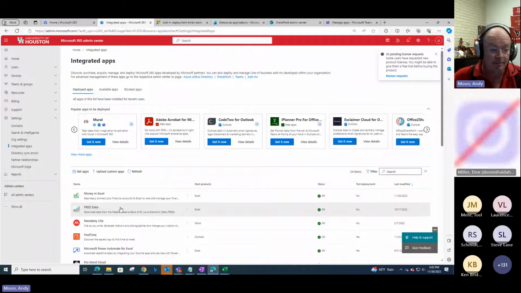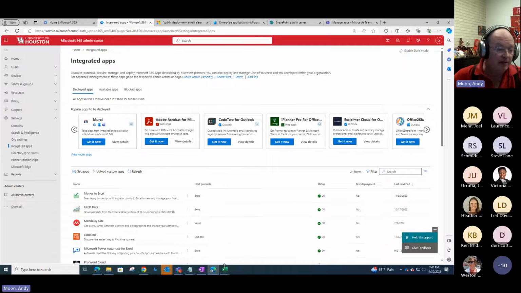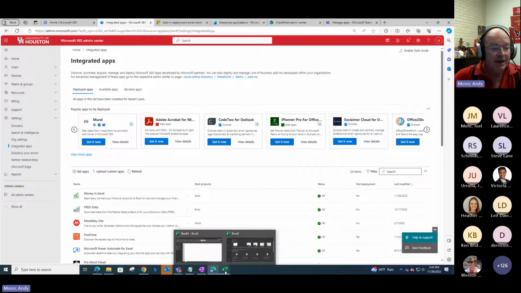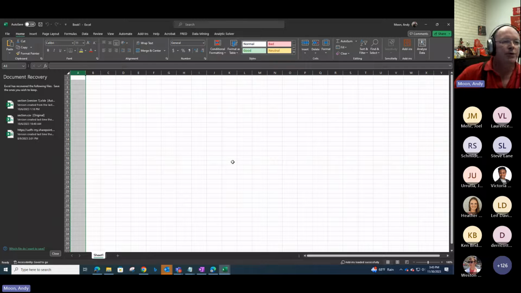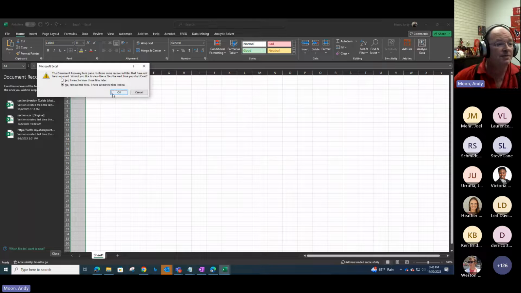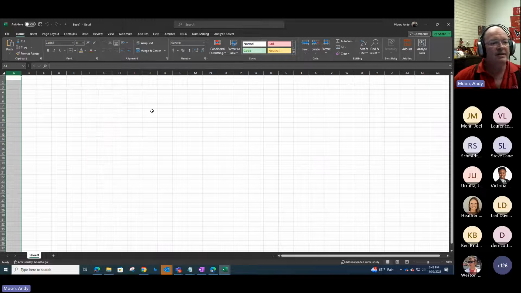A lot of them will actually drop new options into your applications. And for most of them, that's both going to be in the web-based application as well as the full version of your application. So in this case, I've got Excel open here, and so you can see that the Fred